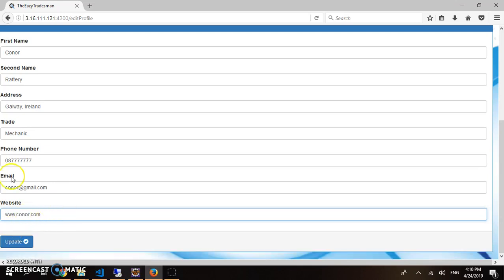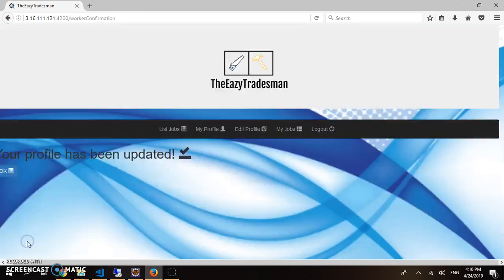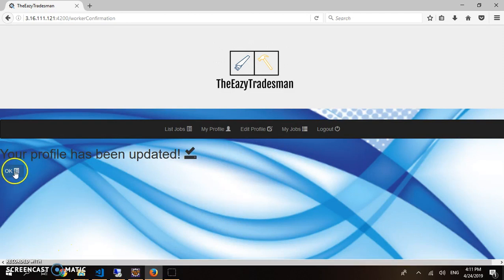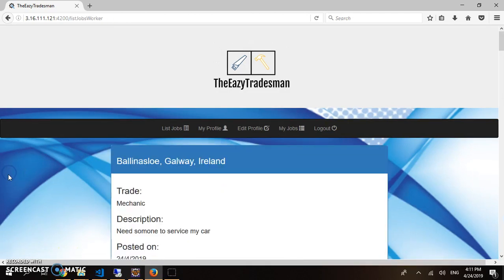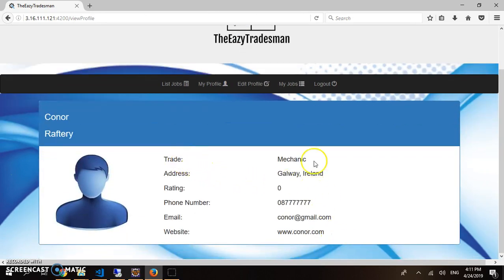When they're finished filling out this information, they can click Update, and they'll be greeted with the confirmation message saying that they've updated their profile. So press OK. They can now navigate to My Profile, and you can see that all of their information has